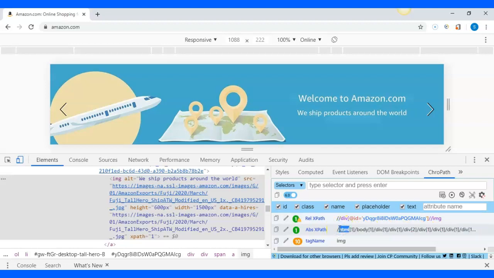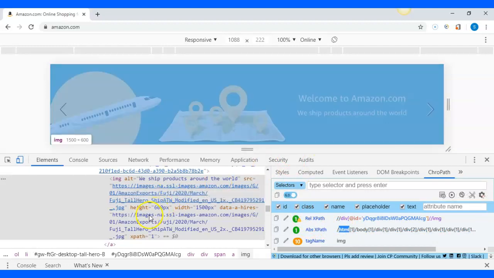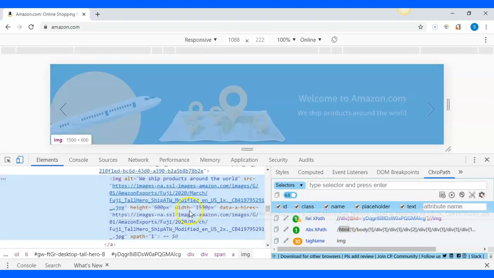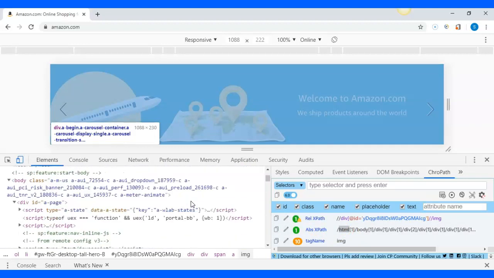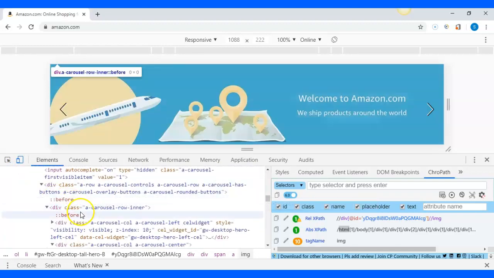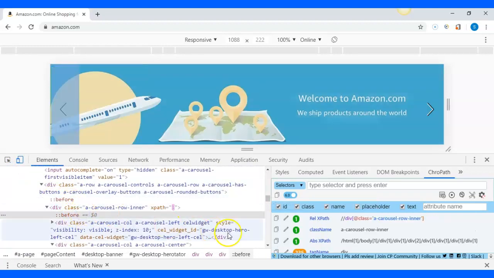That means if your element is somewhere here, in the absolute XPath it will follow the hierarchy from the root node, that is the topmost root node, that is HTML, and by the time you reach your element, it will write everything, all the tags that come in between,